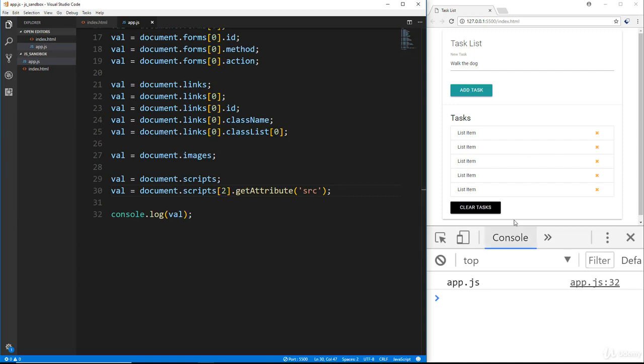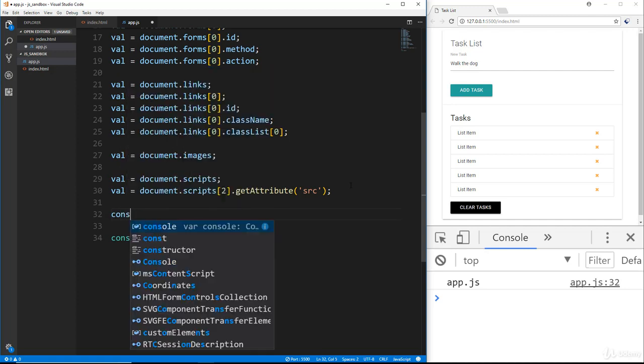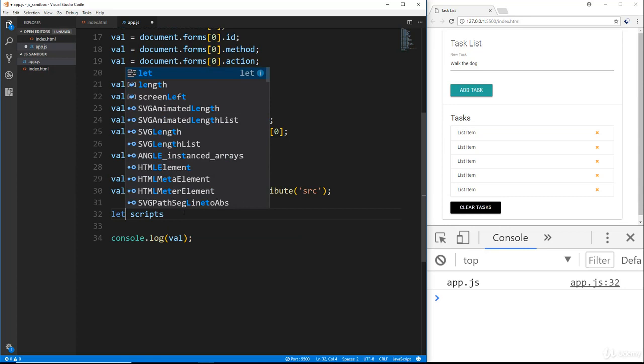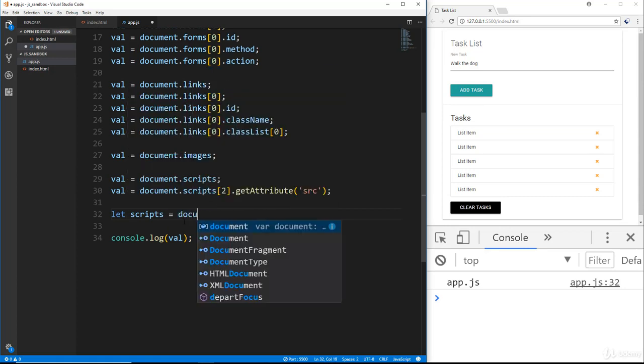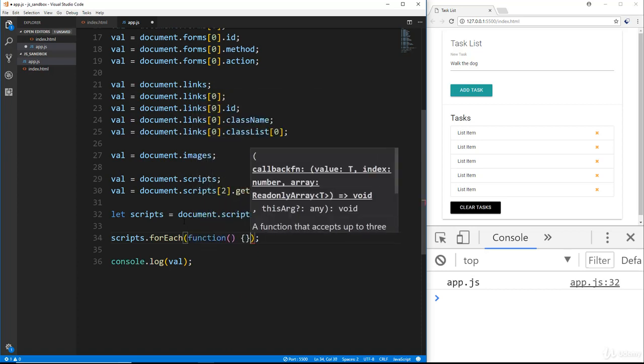Now, another thing I want to mention is that HTML collections, if you want to turn them into an array so that you can use things like forEach, which you can't by default use with a collection, you can go ahead and do that. Actually, first of all, I'll show you what happens if we try to do a forEach with a collection. So I'm going to just create a variable called scripts. Actually, we'll make this a let. Let's say let scripts equals document.scripts, and then we'll say scripts.forEach. forEach takes in a callback function, and don't worry about any of this,